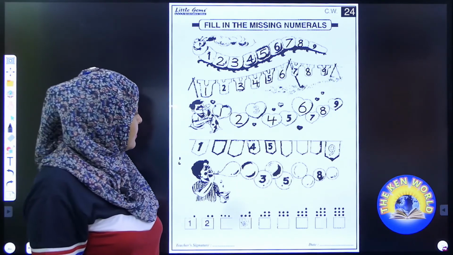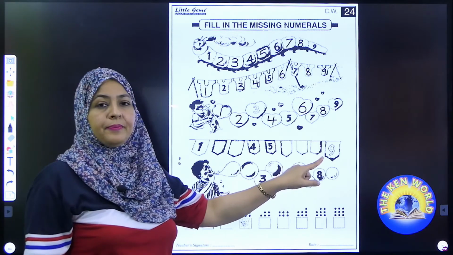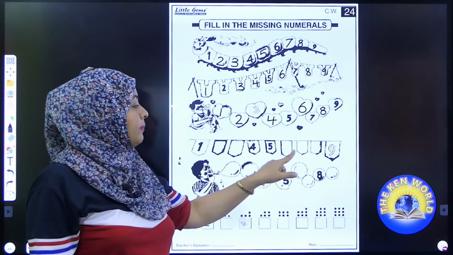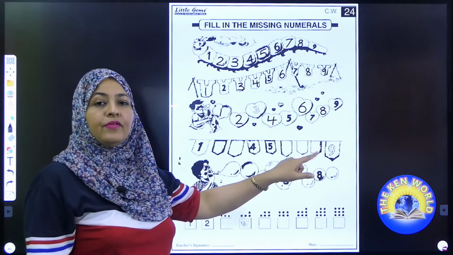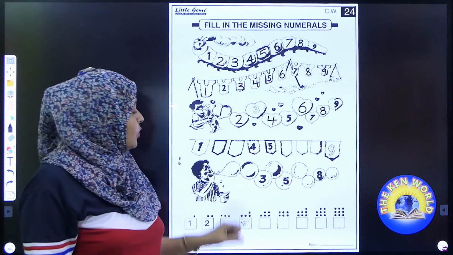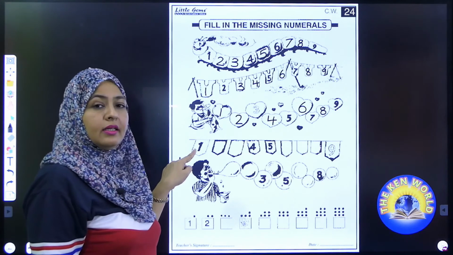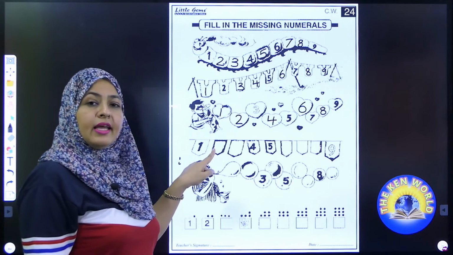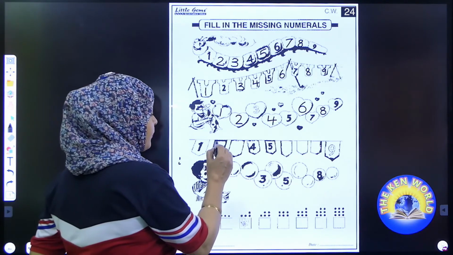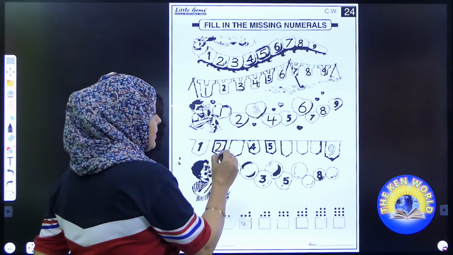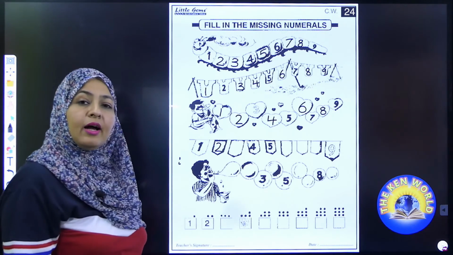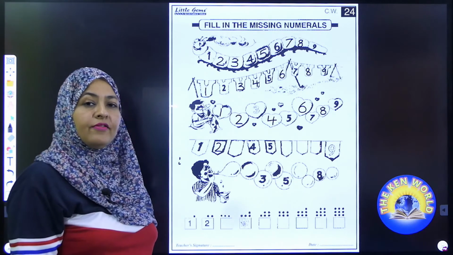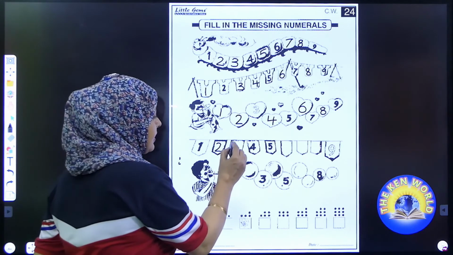Now it's time to fill the banner. You can see some empty spaces. We have to fill them. So here you can see number 1. After 1 it's correct. Number 2. Speak out the next number. After 2 it's very good. Number 3.